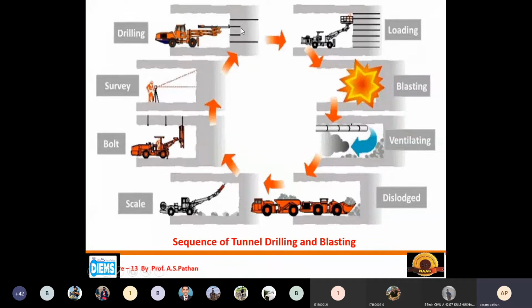As a civil engineer, our responsibility is that we have to design the face for the drilling purpose. In case of designing the drilling, the first step is to decide the number of holes and the center to center distance between two drill holes. Then also, depending upon the type of rock, we have to calculate the length of the drill hole. How much should be the length, how much should be the diameter of that particular drill hole, and which type of drill is generally suitable.